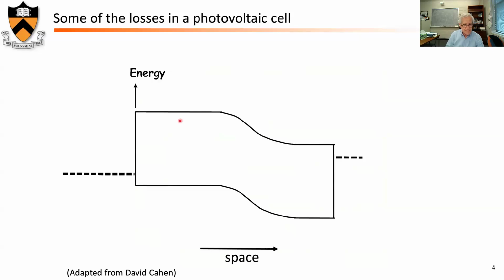So this is the simple energy diagram of a simple PN junction, just to take it as an example, with the conduction band, valence band, and PN structure. So if we look at photons which have about the right energy of the gap, they produce electron-hole pairs, and these electrons are collected on one side and the holes on the other side, and these, of course, participate in the current that you send to the load.